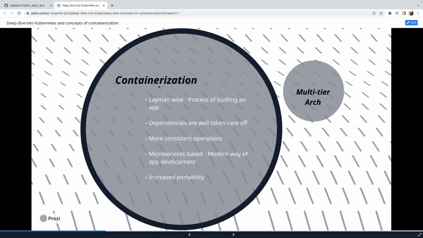Last and the very least, not the very least, it's the portability of it. With that bundling, you should be able to port it anywhere, and we have discussed that. You can port it on any public cloud, you can run it on Kind, Minikube, any Kubernetes instance for that matter. So that's what the containerization concept is, from a concept point of view, and why it was needed.